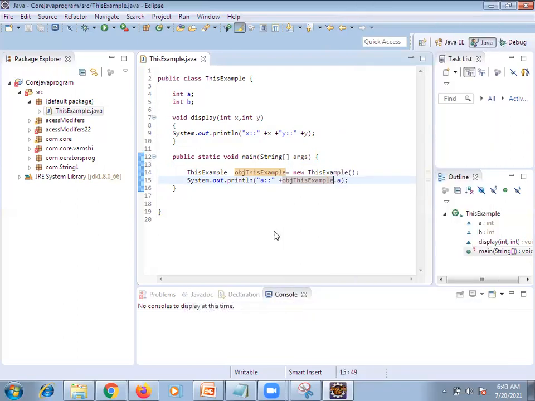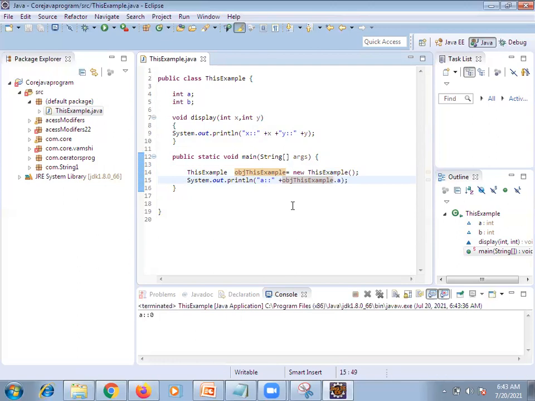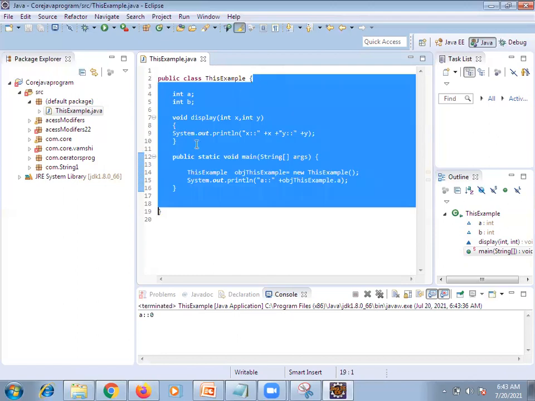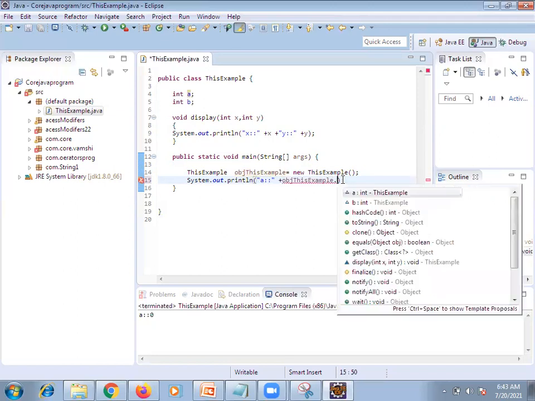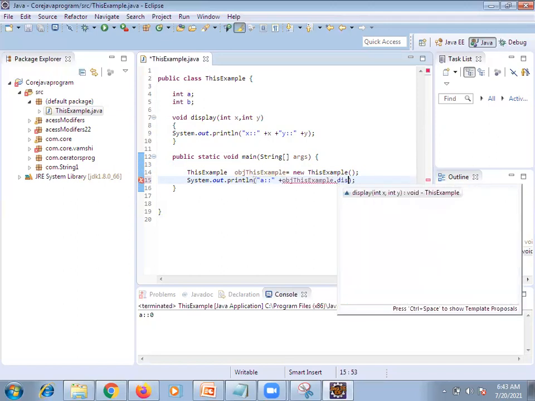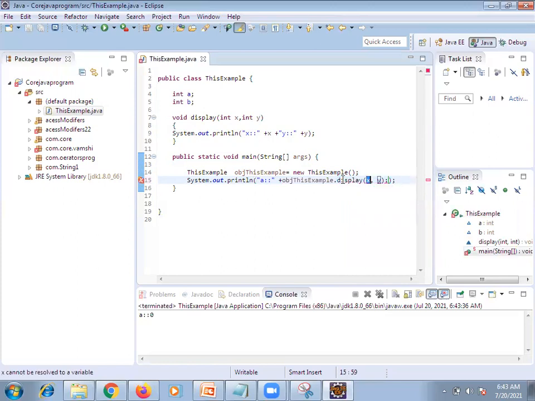You are getting it, right? This is fine, right? Finally, what is it printing? A. Now, what I want to say is, or else this dot display. Take display.